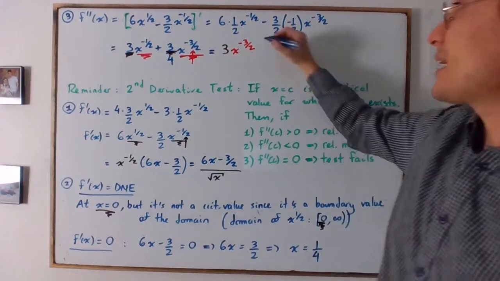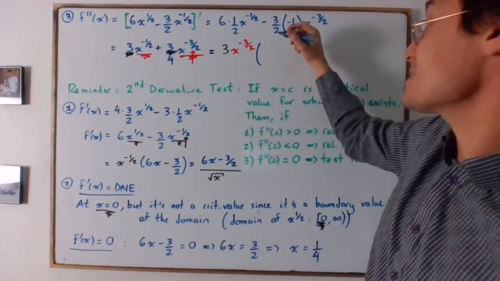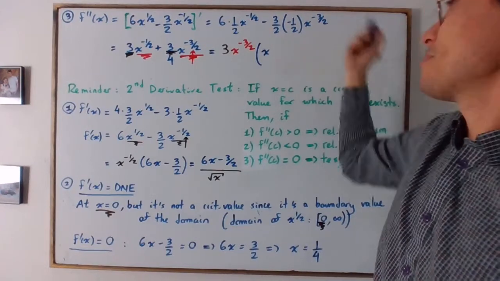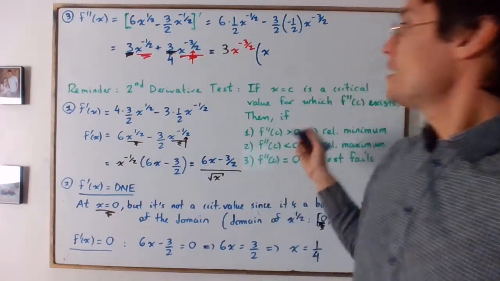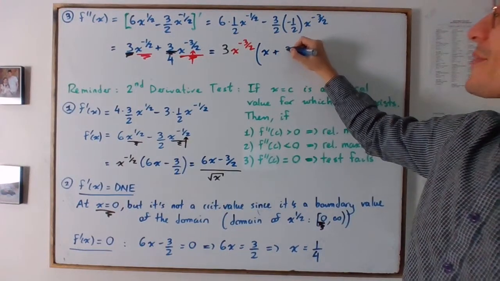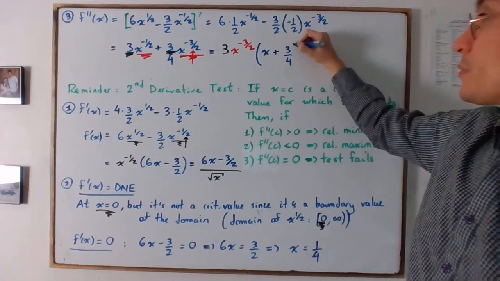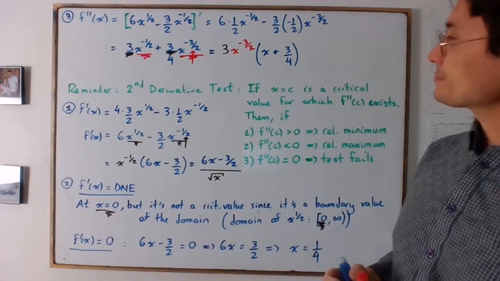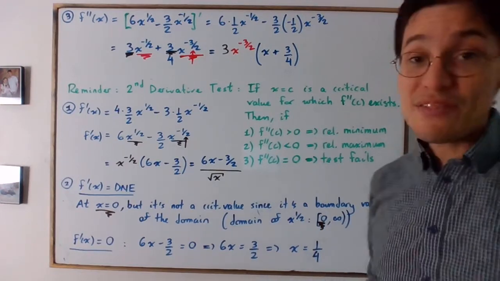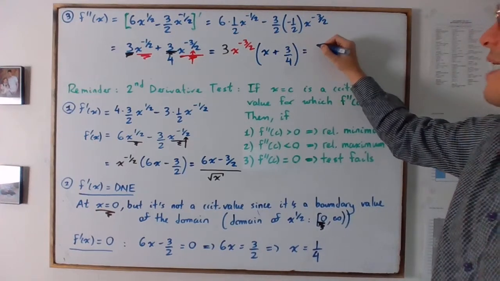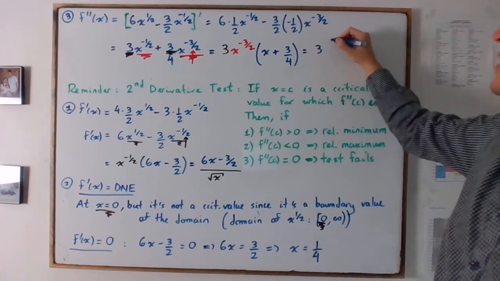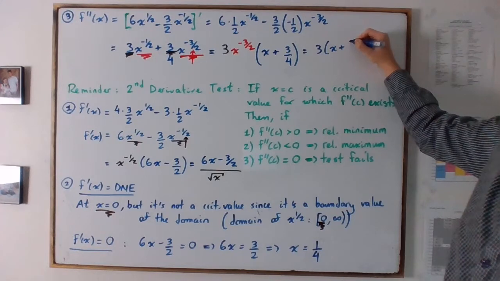And then let's write what remains. So what remains here is just x to the power of 1, because this power is 1 higher than this one. Plus the 3/2. All right. And then lastly, let's just say, okay, well, we have like our 3, our x plus 3/4